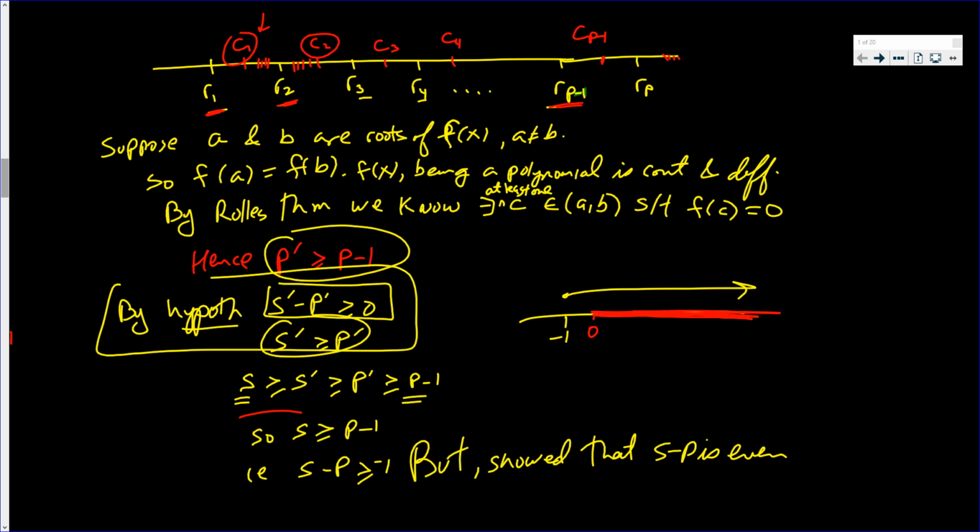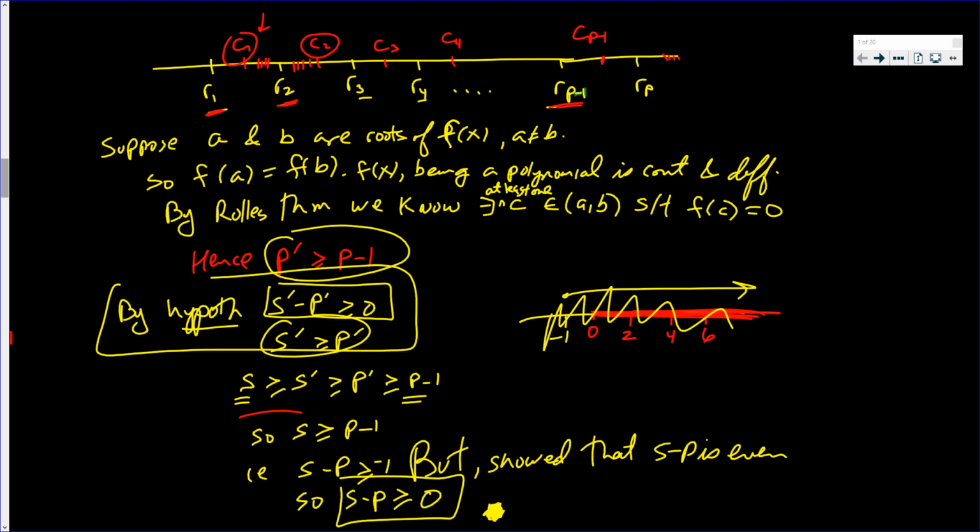You're an even number bigger than 0: 0 or 2 or 4 or 6. So, you don't need that in the proof. So, S minus P is at least 0. And that completes the proof of